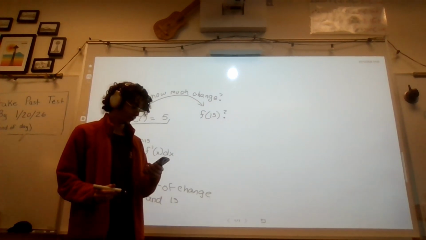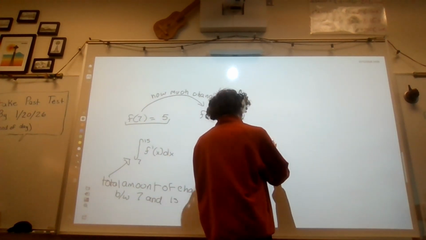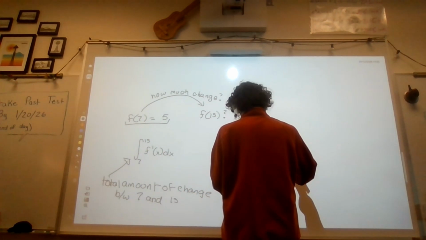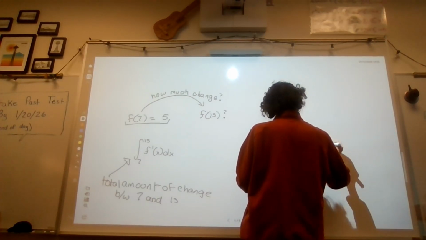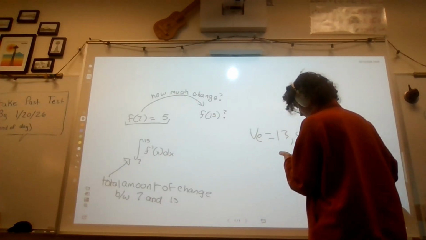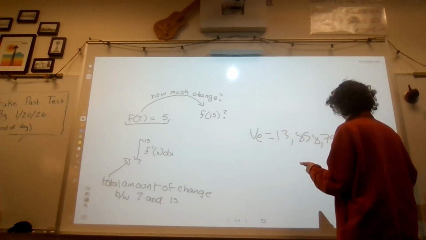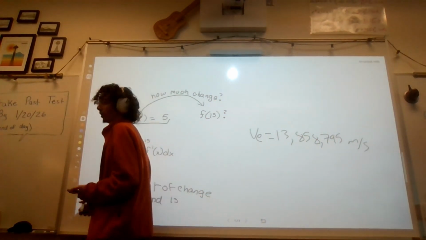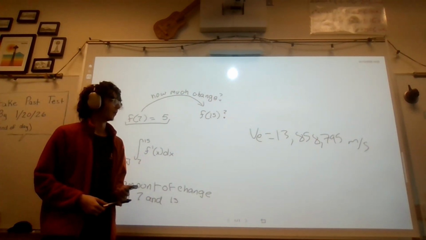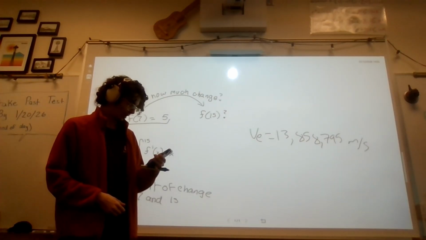So you do that, and then you get velocity equals approximately this. I had to do sigma because Christina taught me, and basically that's how fast you're going to escape the black hole. And that's about